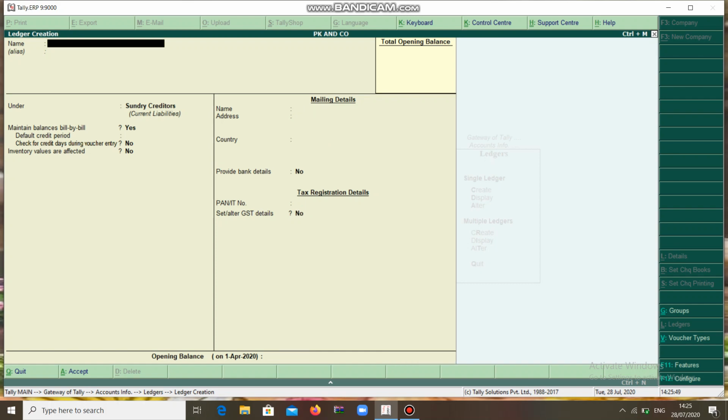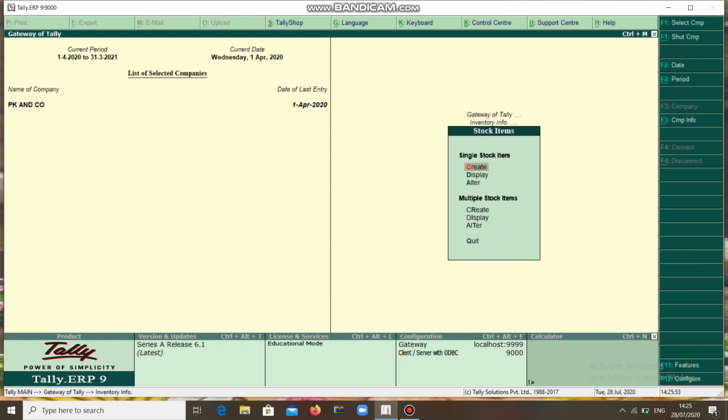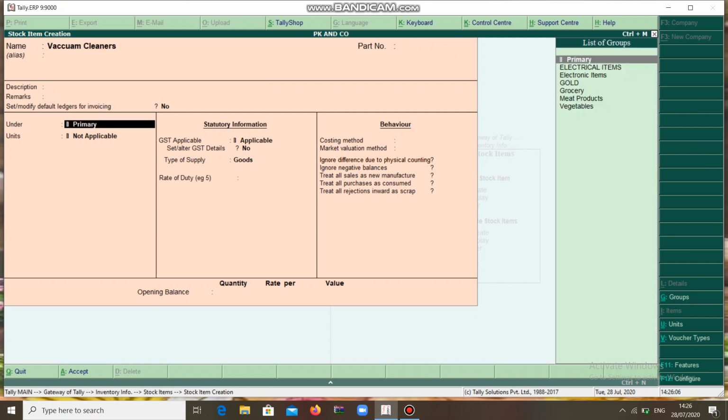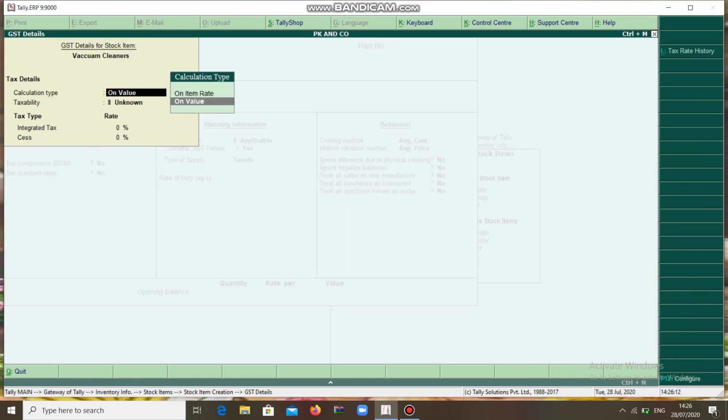Now we have to create the stock items. You can go to inventory info, stock item, create. For 28% you can make it as vacuum cleaners, which comes under electronic items, measured in numbers, applicable yes, on value, taxable 28%.